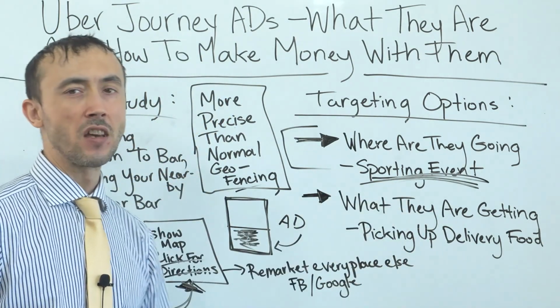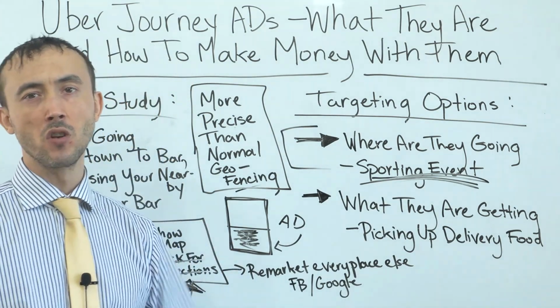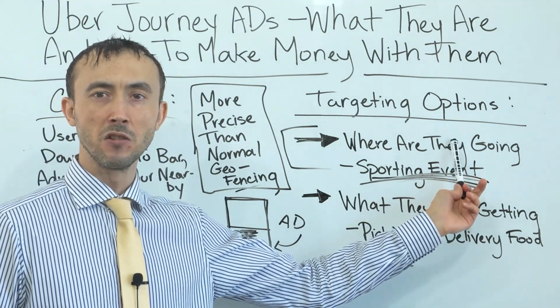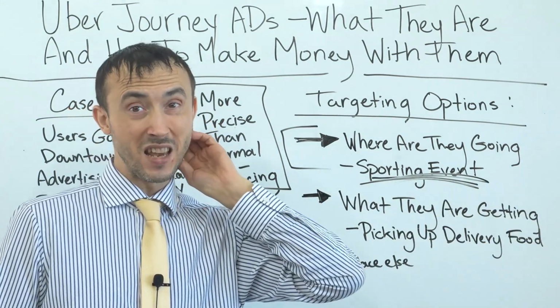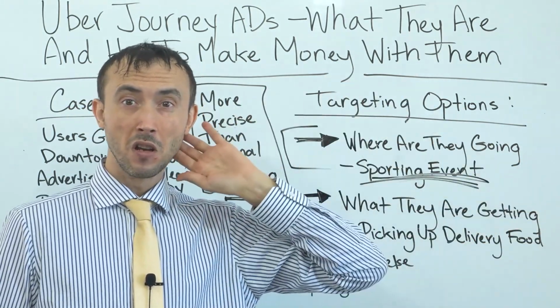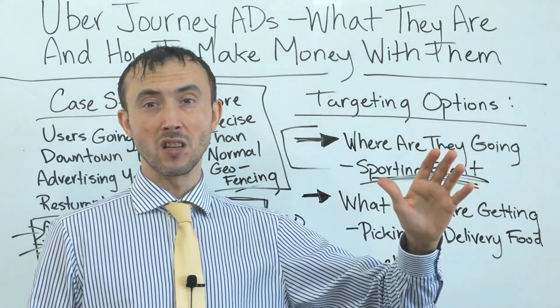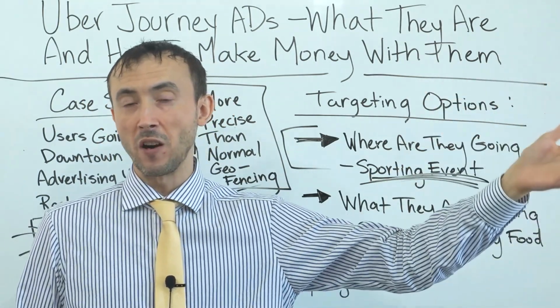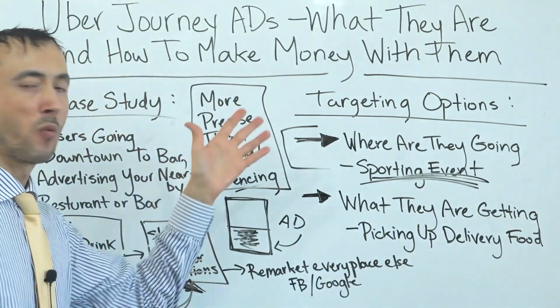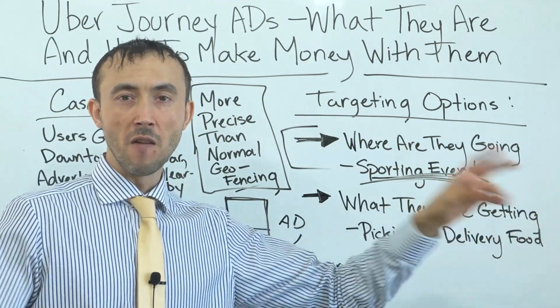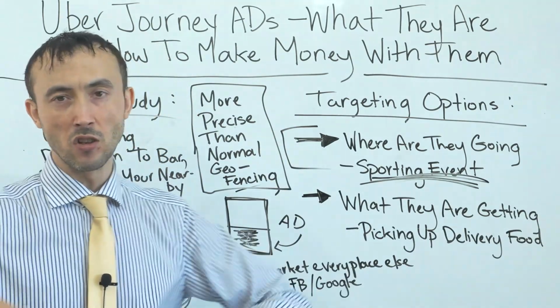Now, where are they going? Of course, naturally, if somebody's going to a car dealership, like a Mercedes dealership, now you've got really good information, if you're another Mercedes dealership that's just down the road, to get them to come into your door, and somebody that's going to be worth going after because they're very likely to be buying a Mercedes in the near future. So there's many different ways you could use this information that Uber's selling to you, which most of these